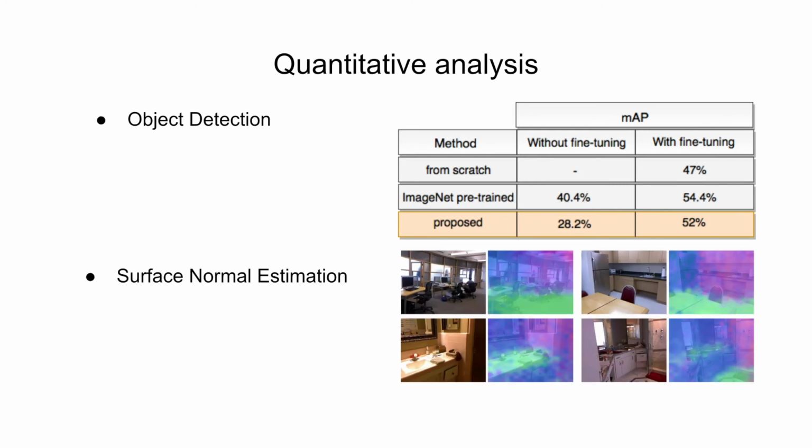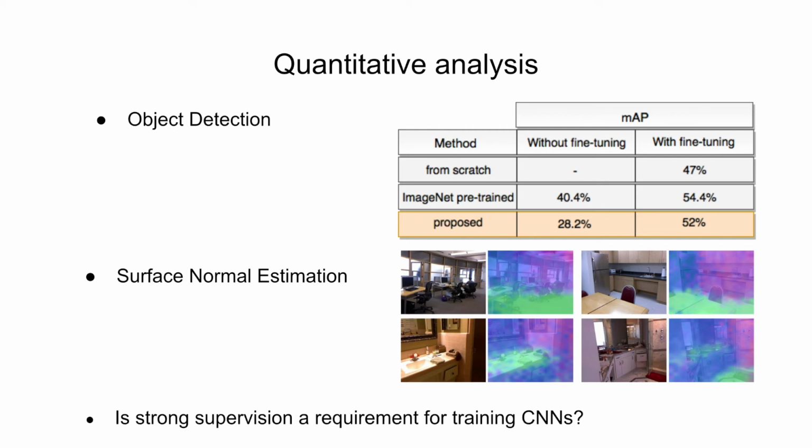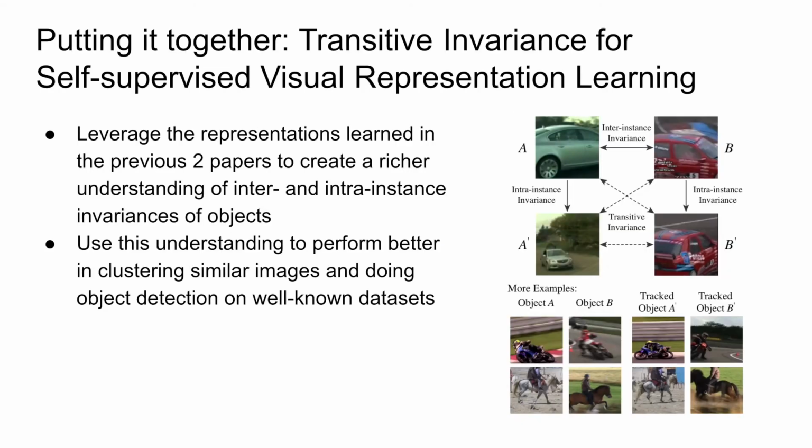The same behavior was noticed when the model was evaluated on the surface normal estimation task. So finally, given those surprisingly good results, the authors claimed that semantic supervision should not be considered a strong requirement for training CNNs. In our final paper, the authors take the methods from the previous two papers and combine them